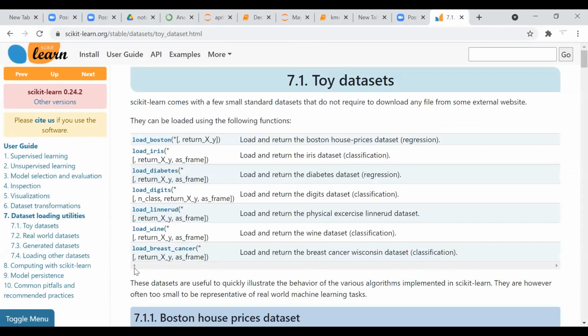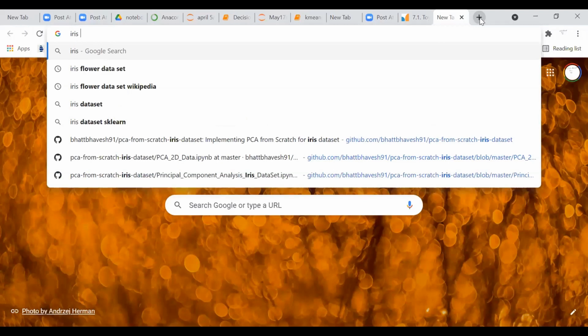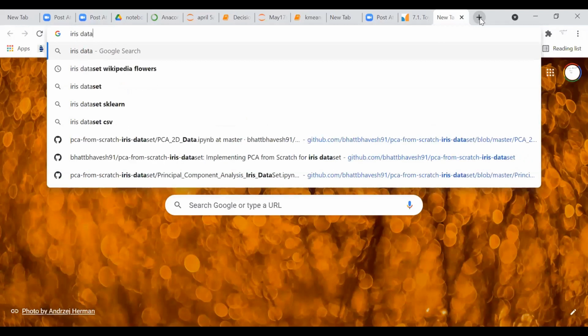The one which I'm using is the IRIS data set. Okay, the IRIS data set is a data set that's basically used for classification, also for clustering purposes. So I'm going to say something like IRIS flower data set